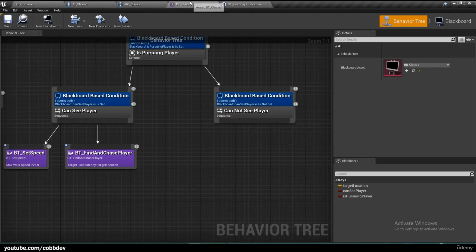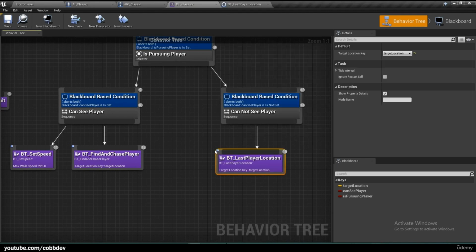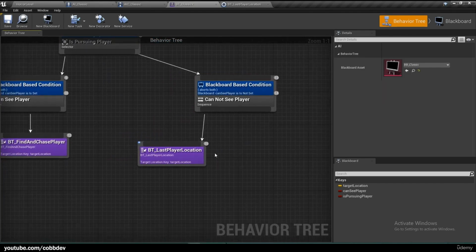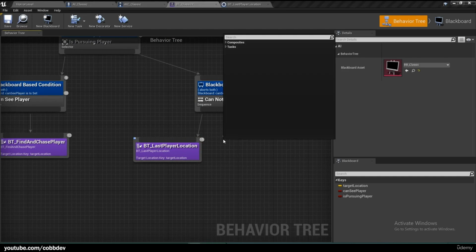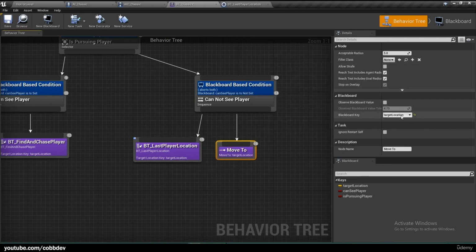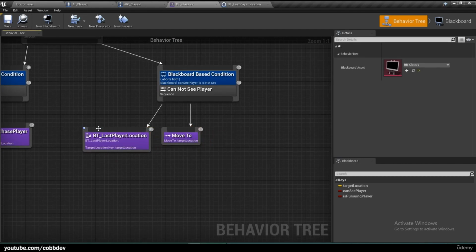Okay, so let's put this in our behavior tree. So last player location, and we want to make sure the target location key is set to target location, which it is. And then we just want to move to this last location, so we will get a move to, and we want to make sure the Blackboard key is target location again,